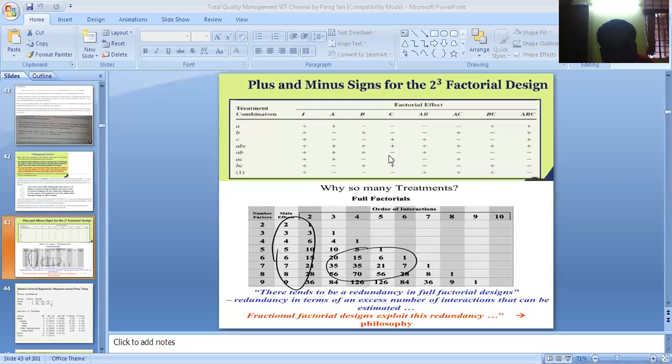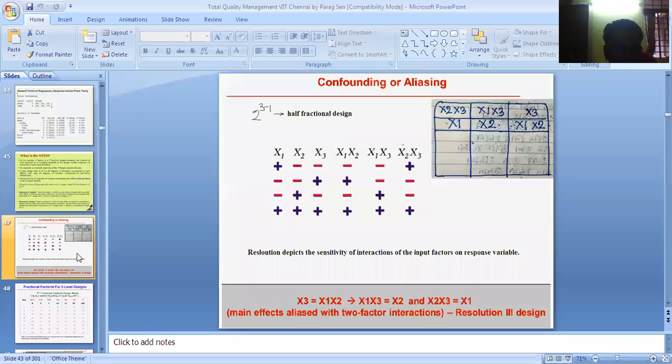Rather, it is proposed that you change two settings of two particular parameters or factors simultaneously, and you notice what happens. Okay, so what will happen in this case? Here you can see that, for example, x1, x2 and x3, you have three factors. Then you will have only 4 runs instead of 8 runs.